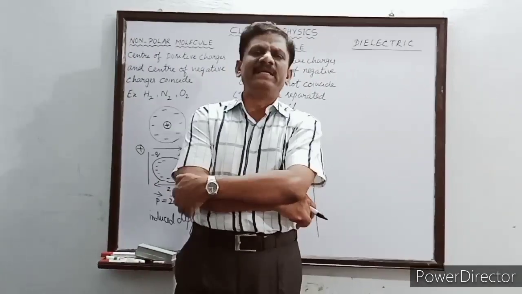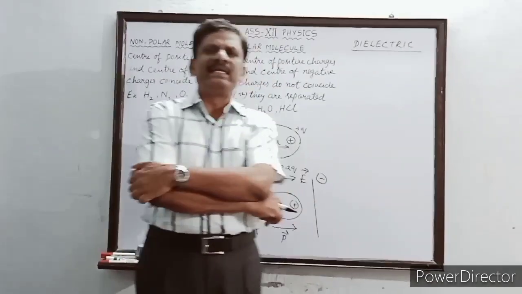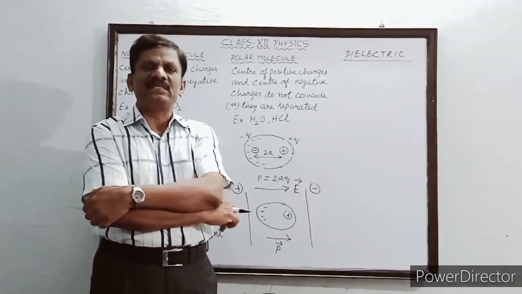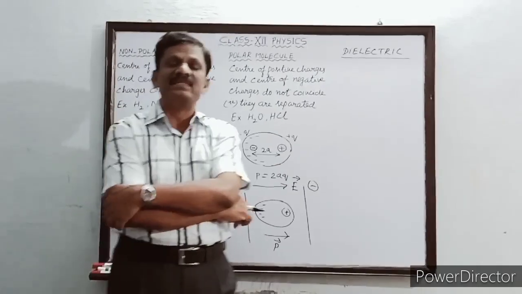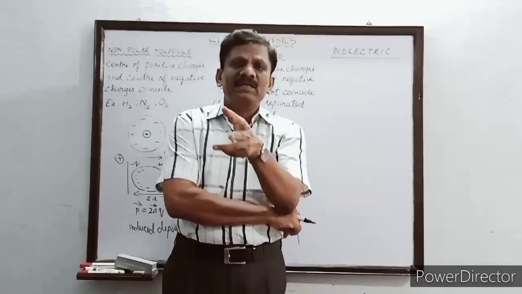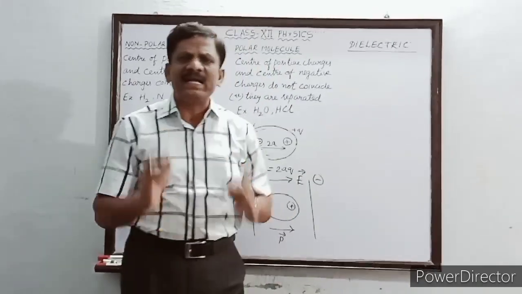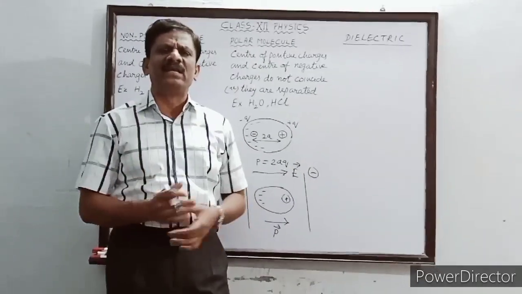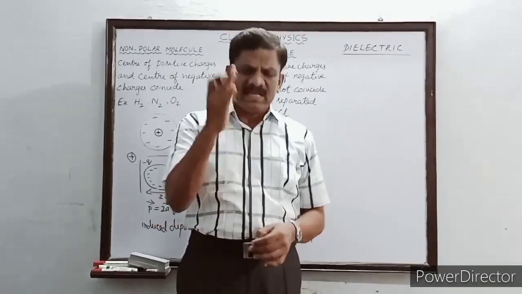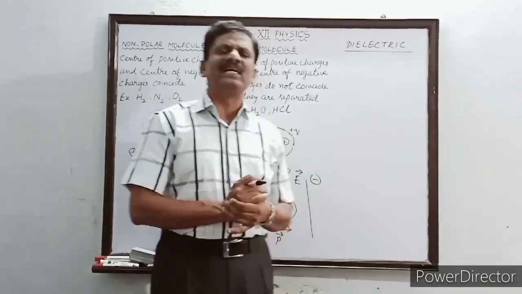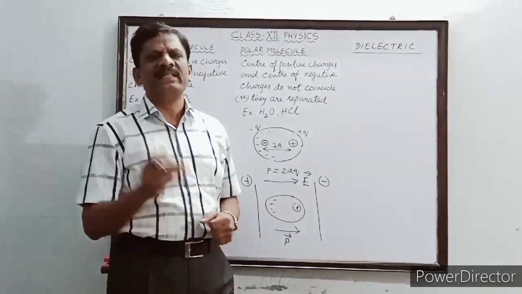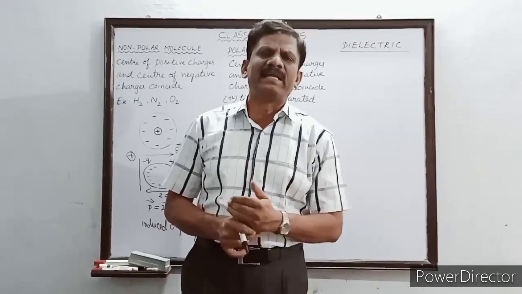Insulators are those materials which do not allow electric charges to flow through them. So the charges, the free electrons, are not available inside the insulators. Why? They are also made up of atoms only, no? Insulators are also made up of atoms, which means they will also have an equal number of positive and negative charges. They also contain electrons, which are negative charges. Why then are they not contributing to the flow of electric current?